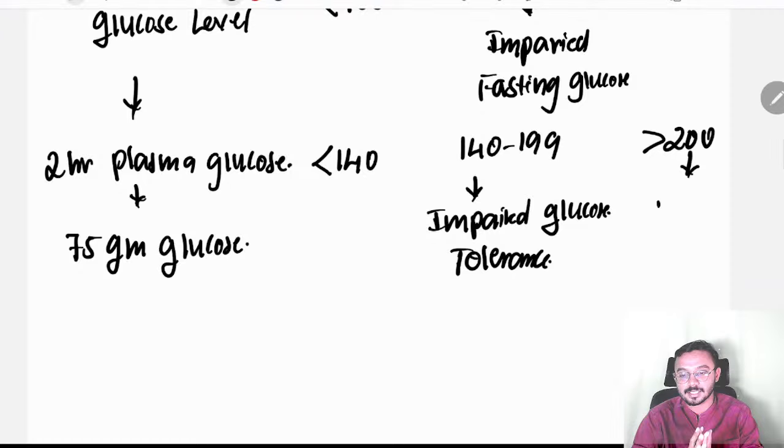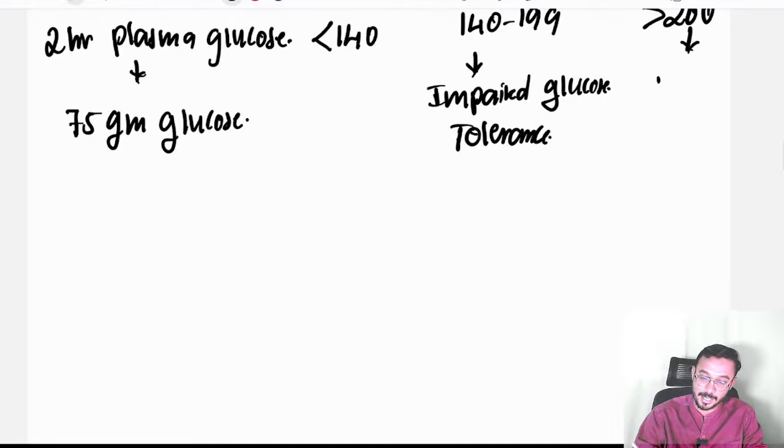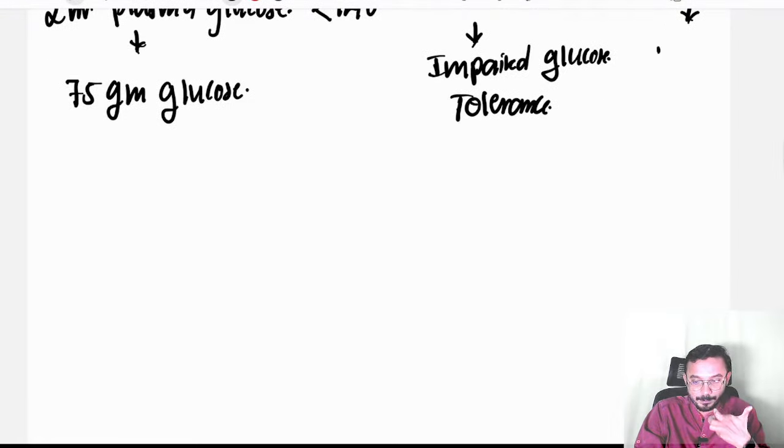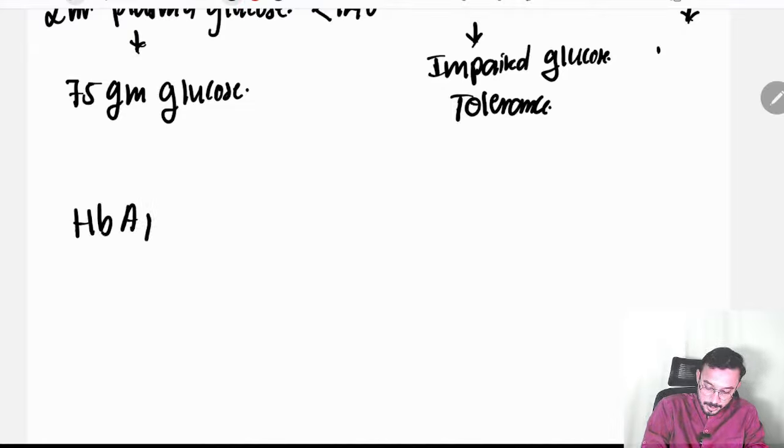Okay. And don't confuse it with postprandial. Postprandial is when the patient goes home, has breakfast and comes back; that is the postprandial value. Okay. And one more value is HbA1c, glycosylated hemoglobin, very, very important, and this is the best test to determine whether the patient has diabetes or not.